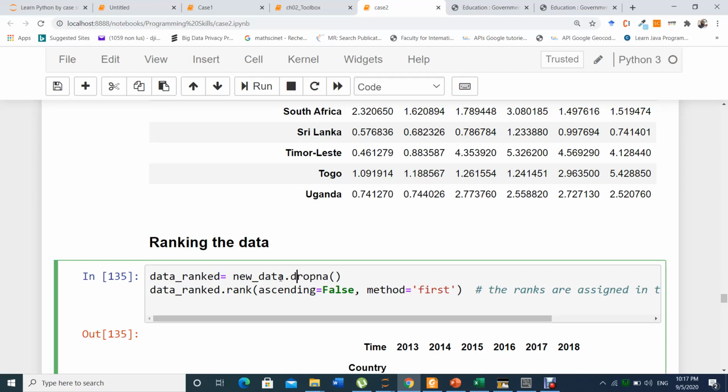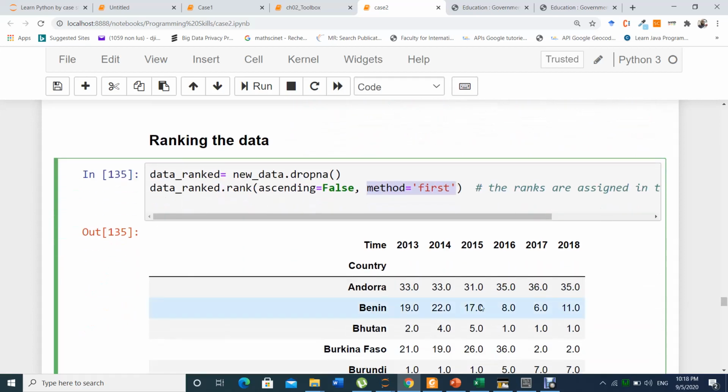So dropna cleans all non-values for me, and after cleaning, rank for me in ascending order, with the first method. What does this first method mean? When I rank it, it will just give the rank position according to the way the country names appear. For instance, this one appears, so his rank position is 33. Benin's rank position is 19.